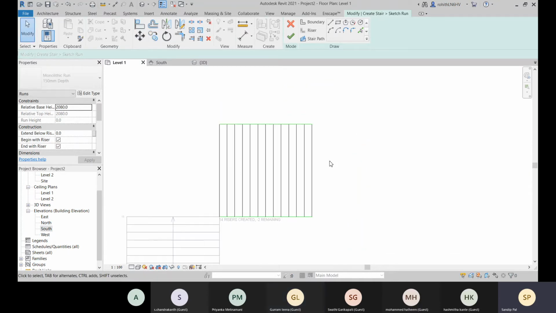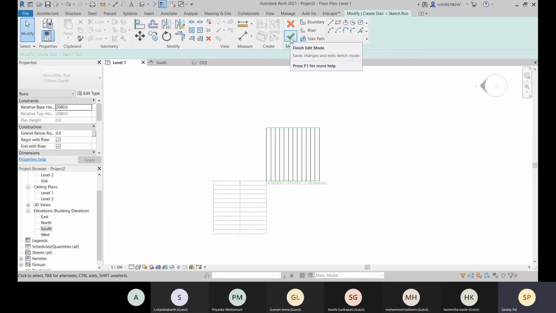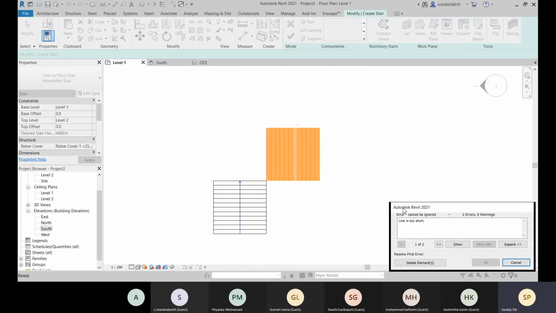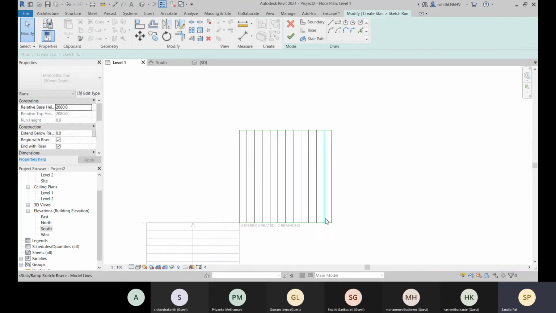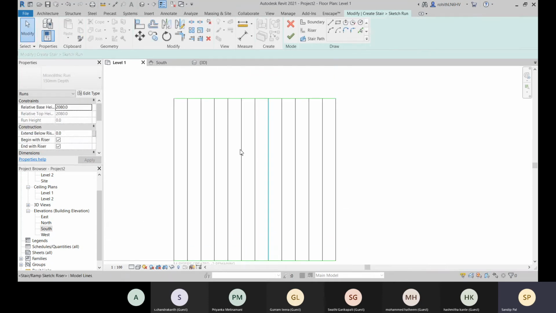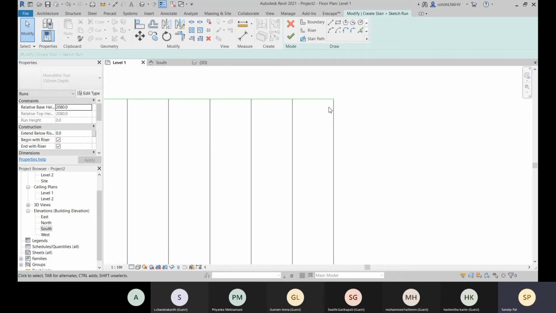Okay, so now you will finish it. So the line is too short. Which line is too short?